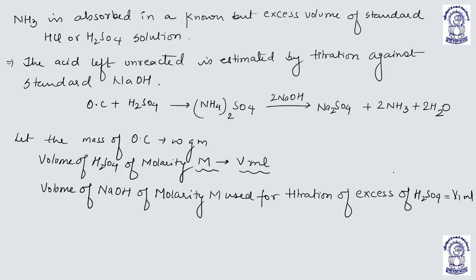So basically, NaOH is not going to completely neutralize H2SO4. If we want to completely neutralize H2SO4 by NaOH only, then we have to take double the amount of NaOH, or we can say the ammonia which is formed is double the amount of H2SO4 taken. So the V1 mL of NaOH of molarity M will be equal to